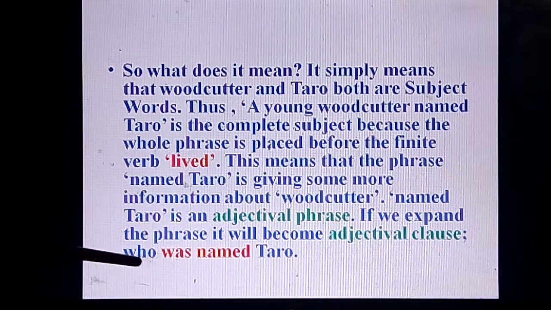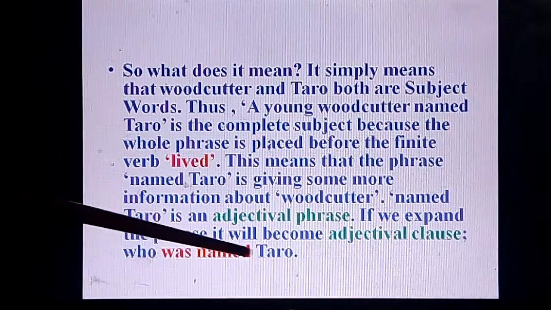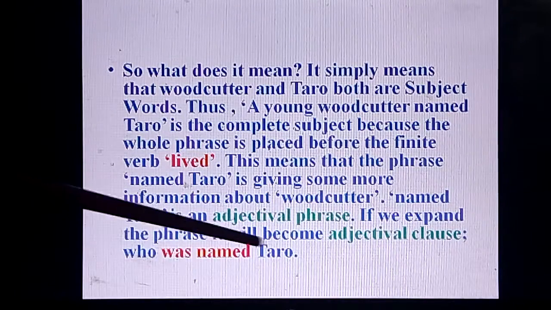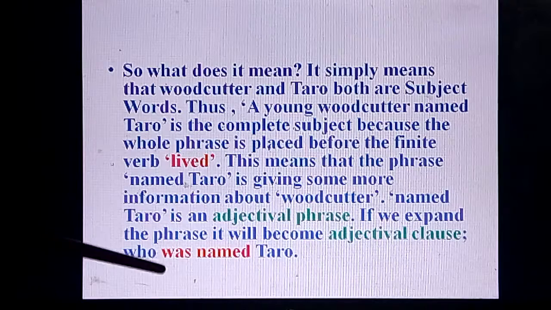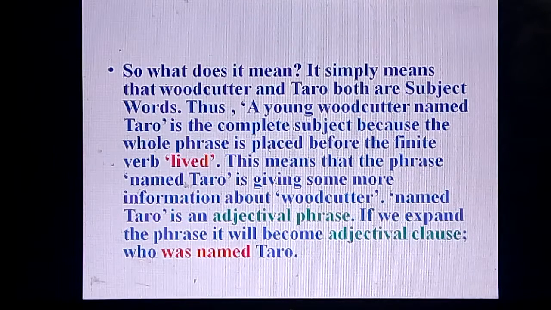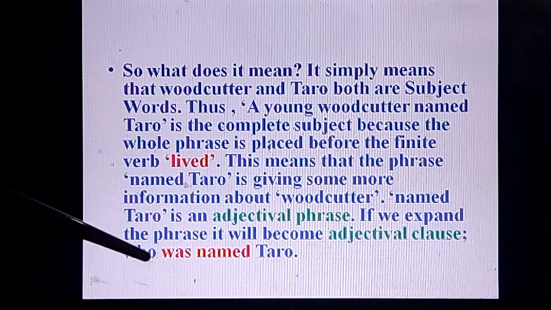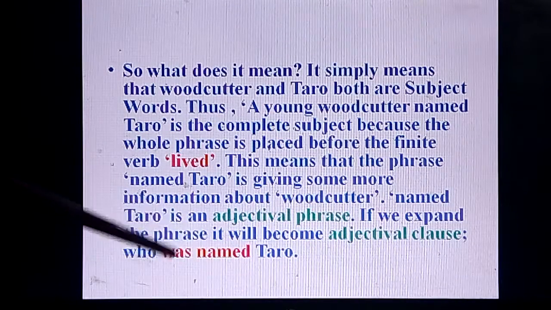So who becomes a pronominal conjunction and subject also. It is a pronoun for Taro or for the woodcutter, and so a subject plus predicate: was named Taro. So probably the students of 8th, 9th and 10th will understand this, but everyone must understand this